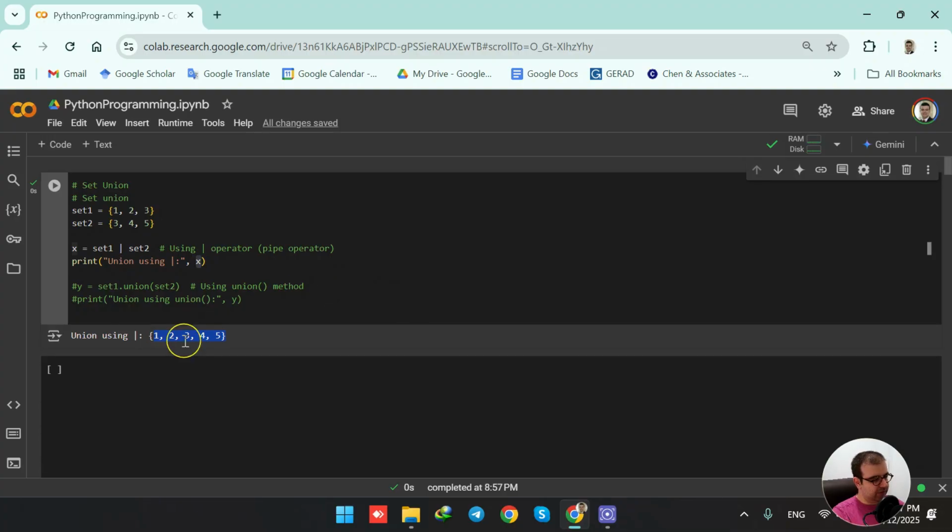But what happened? Here we see only one 3. We had one 3 here and we had one 3 here. Why are we not having two 3s in the output when we are combining two sets? The reason is this. We learned in the introduction video that sets do not allow repetition and duplicate values. So when sets are combined to form a new set, it does not take two values that are the same. This is why in the output we see only one 3,